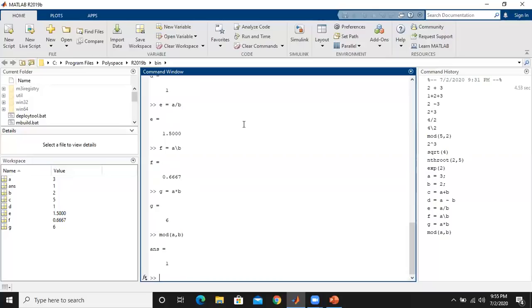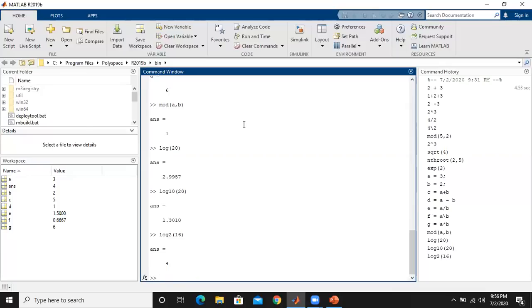Now let us talk about the logarithmic functions. So here, the natural logarithm that we can take as log of 20, for example. The value that I get is 2.9957. Now, in order to find out the common logarithm, that is log with base 10, so log, then 10, then of 20, then I can get the answer as 1.3010. And if I want to find out the log with base 2 of 16, then I can get the answer as 4 there.